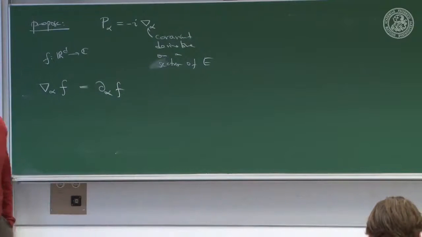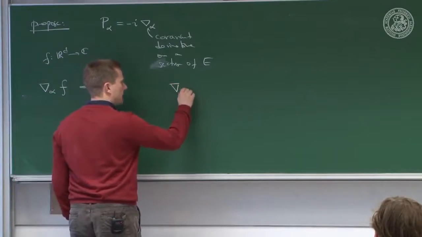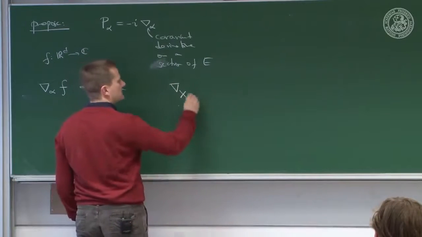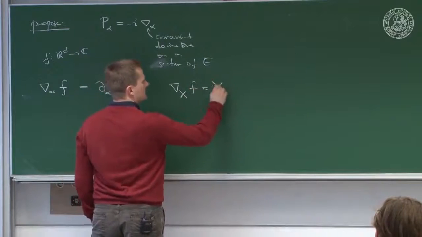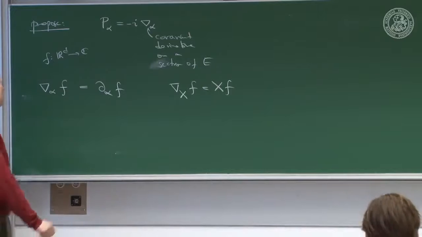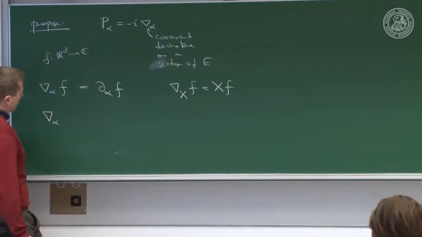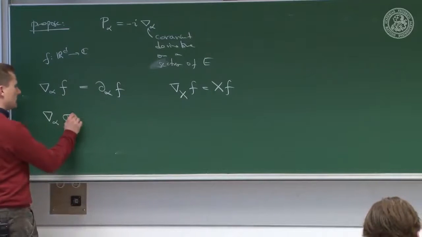That's one of the properties of covariant derivatives. More abstractly written, if you have any tangent vector to the base space acting on a function, this is just the action of the tangent vector on the function. We all know this. However, if a covariant derivative acts on a section